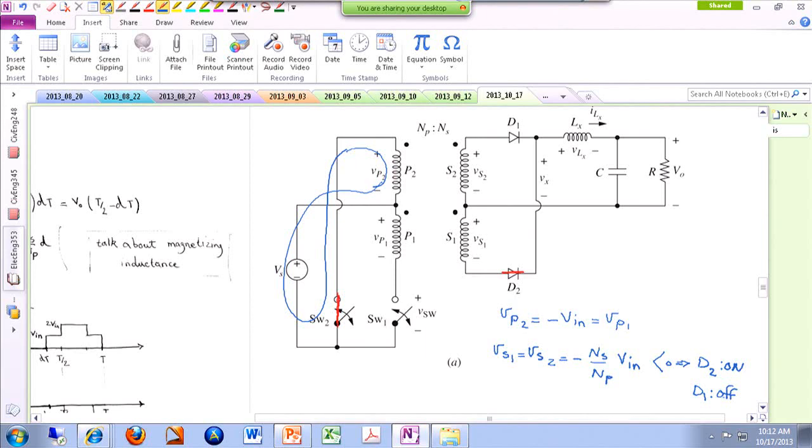So remember, when the secondary voltage is positive, D1 is the one that is on. When it is negative, D2 is the one that is on. So D2 is on. So now that D2 is on, what you can do is you can now basically write Vx. So if D2 is on, if you look at,